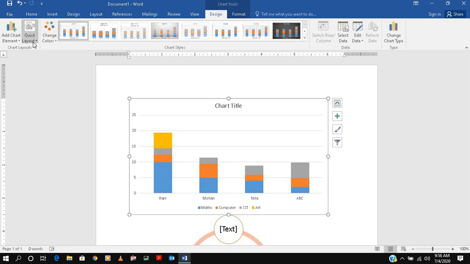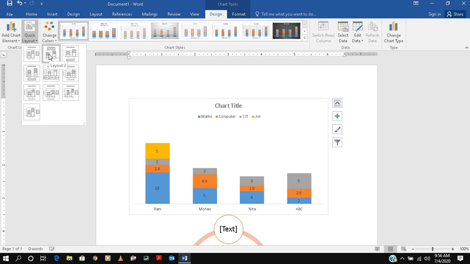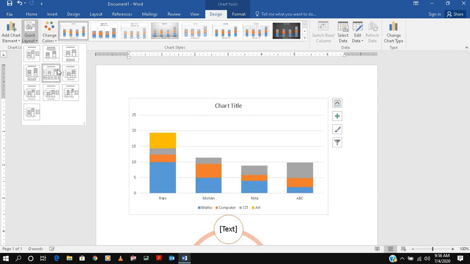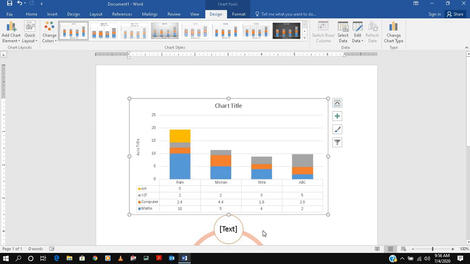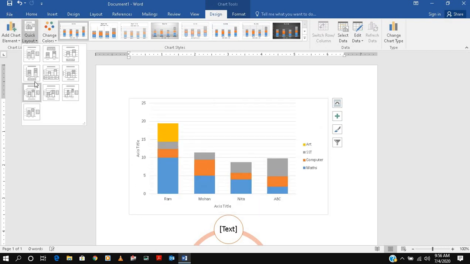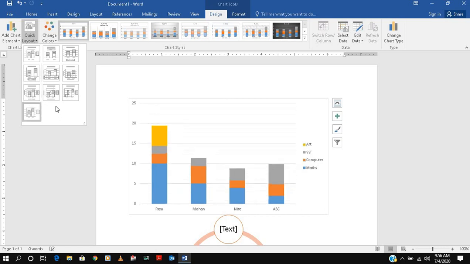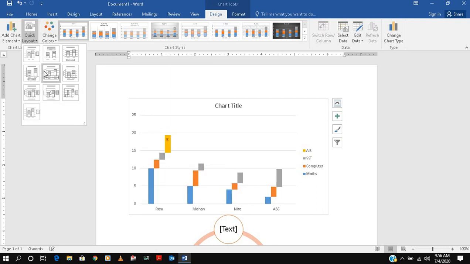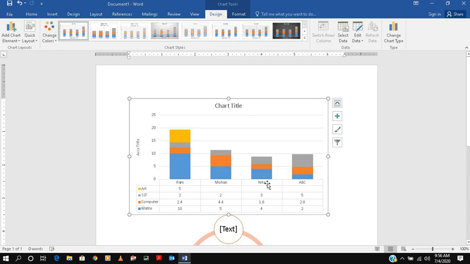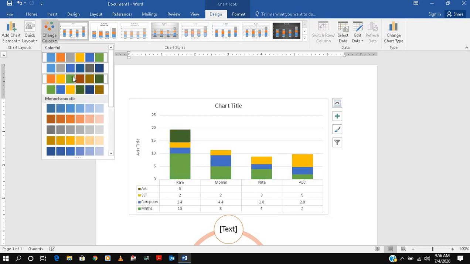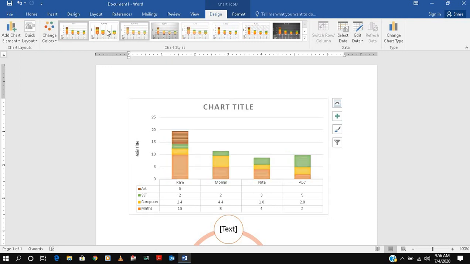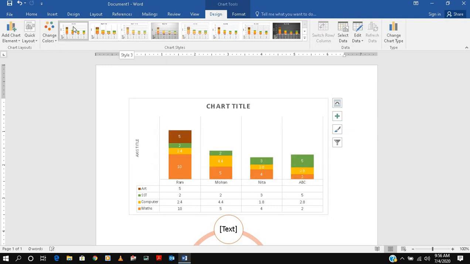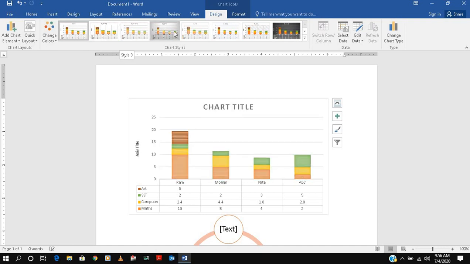So what you do is go to Quick Layout, and you can change the layout from here. If you see, the thing is changing now. The marks are coming by default here. If you go down, right, left, this shows how it links with each other. You want to change color, you can change the color. You want something different, right now there is nothing. If you want marks also, the marks will come here. Once you do different things, lots of things come by default.